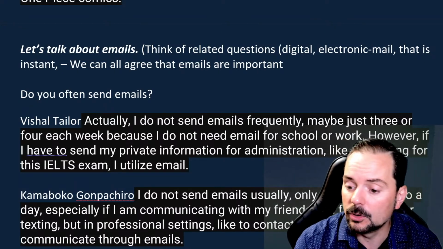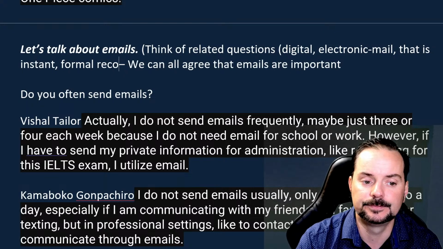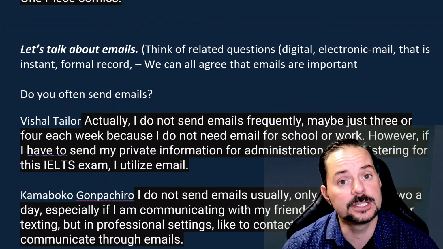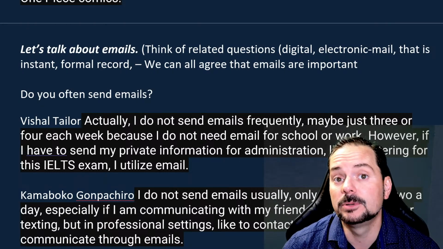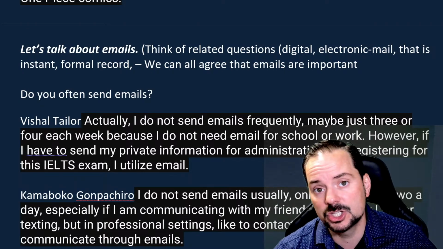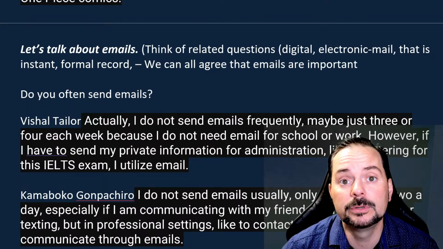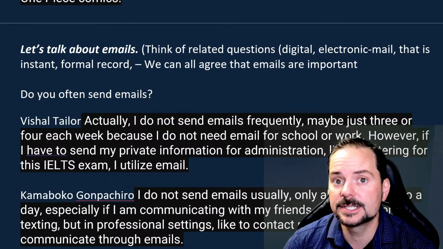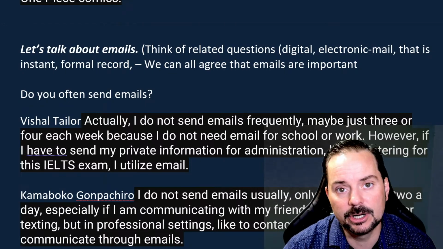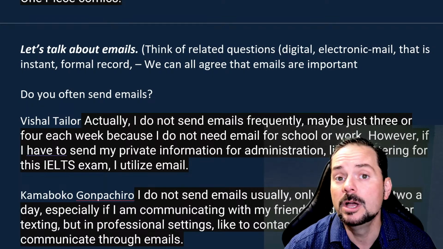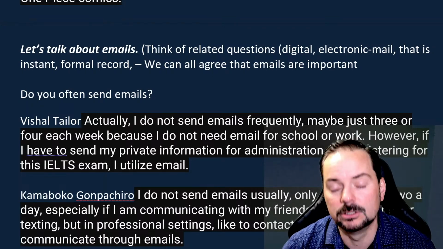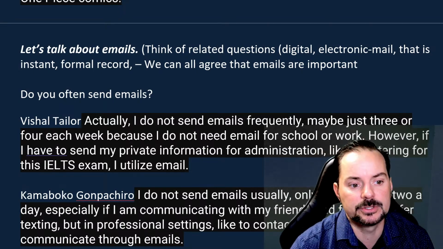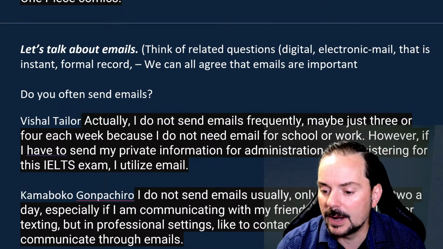They are a formal record, right? If you write information in an email, it is considered formal. It is submissible by law. So a phone conversation is not. If you said, well, on the phone, she said or he said, the legal system, lawyers, they don't care about that. Judges don't care about that. It doesn't hold. But if you have emails, it's legal. It's binding. Okay? So careful what you write in emails, right? So email is a formal record.